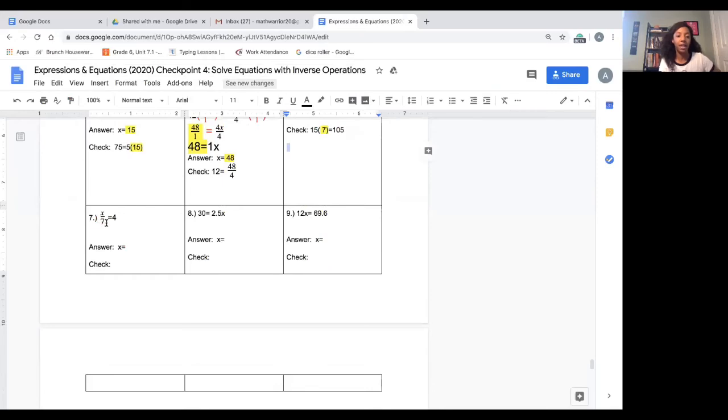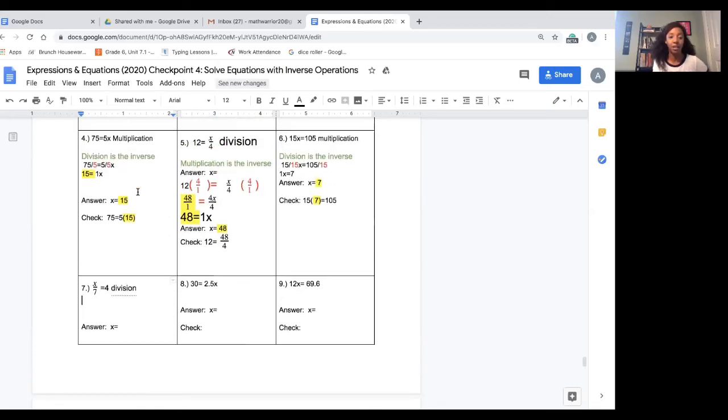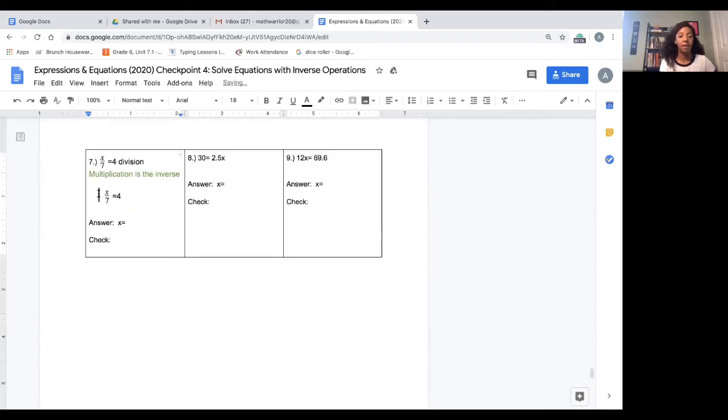Here we have x over 7, or x divided by 7 equals 4. I know that a fraction means division. So what we're going to do is take our inverse of division, which is multiplication. So we're going to multiply each side by the inverse operation. If I take my original problem, if I multiply each side of the equal sign by the reciprocal of x